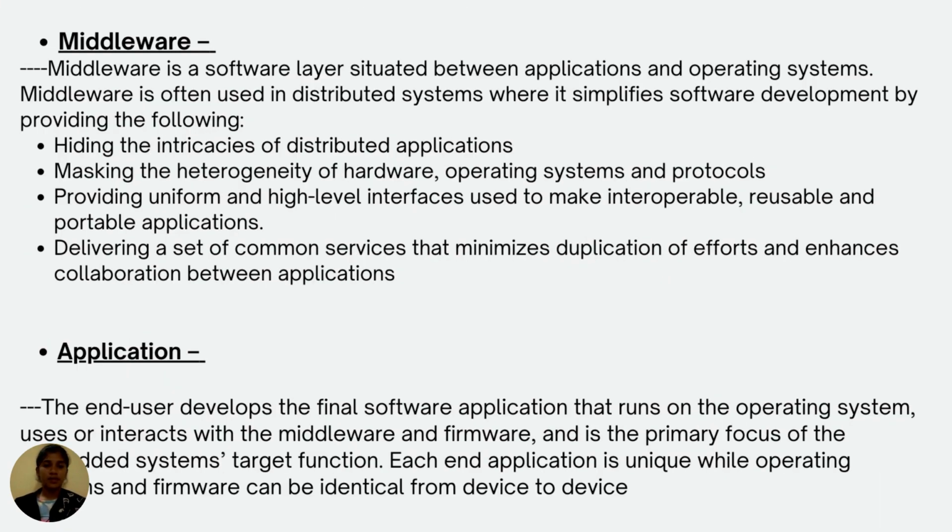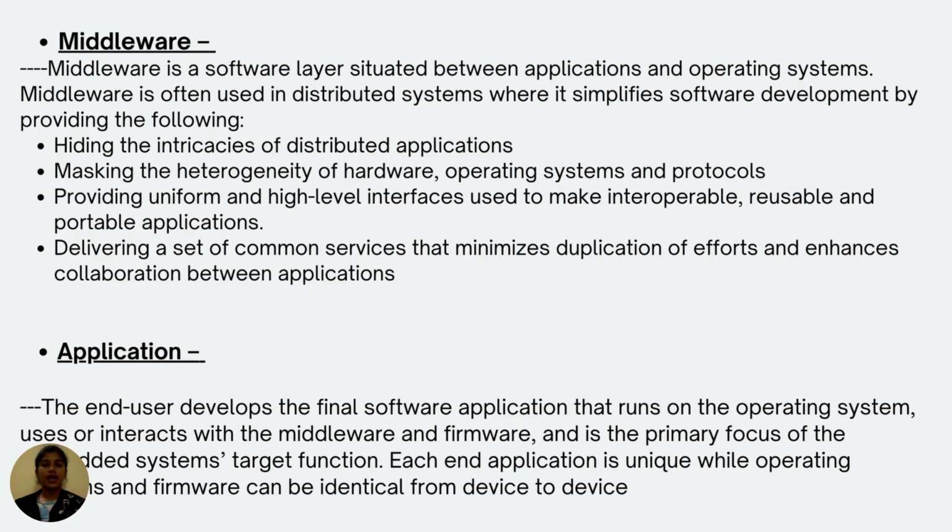And the third one is middleware. Middleware is a software layer situated between application and operating system. Middleware is often used in distributed systems where it simplifies software development by providing the following things: hiding the intricacies of distribution application, masking the heterogeneity of hardware, operating systems and protocols, providing uniform and high level interfaces used to make